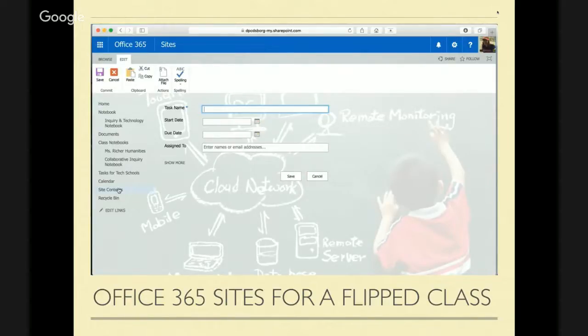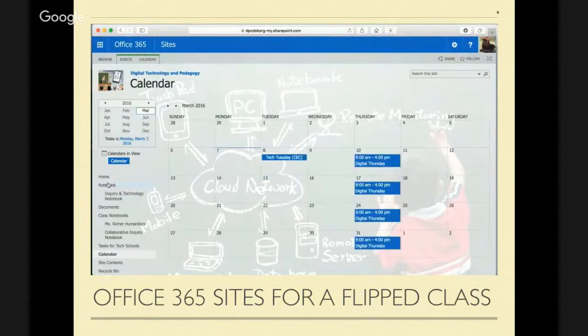Most importantly, it's being able to keep up with the students' progress and where they're at, specifically when they're doing their work outside of class. They also have the function of the calendar. So they can come into tasks and see specifically what they need to do, but if they want just an overall, you could come in, and I just quickly kind of put in this idea, but they'll be able to